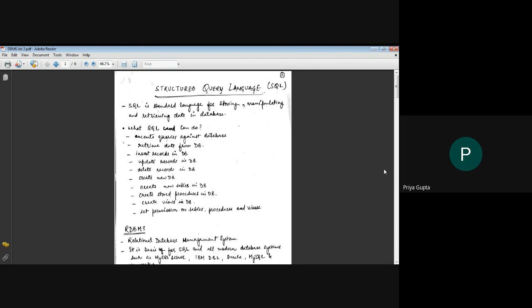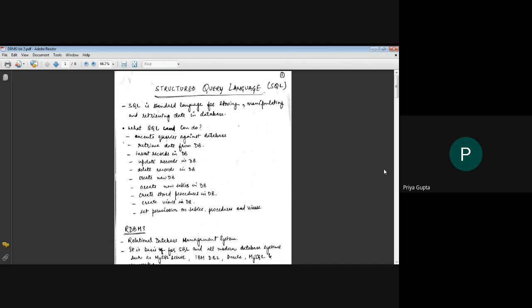The structured query language is a standard language for storing, manipulating, and retrieving data in the database. To implement all the DDL, DML, and DCL operations on our database, we use SQL. So, what can SQL do for us? It can execute queries against a database.